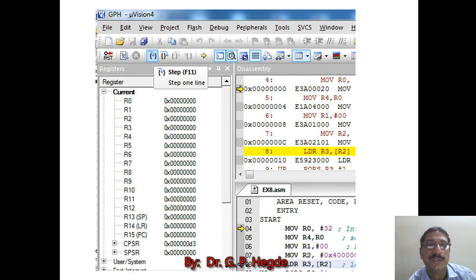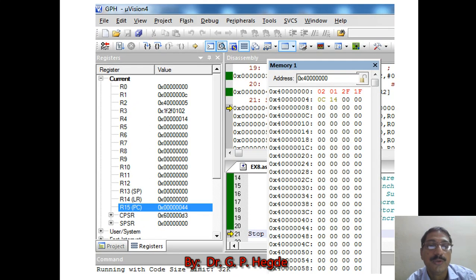If you are still not getting the result, you press step again until the R0 register becomes 0. Then you can click step again. After doing that, you will see in 4004 the value 0C, which is the number of ones, and 14 you are getting, that is the number of zeros. So like this the result can be displayed in the 4004 and 4005 locations.